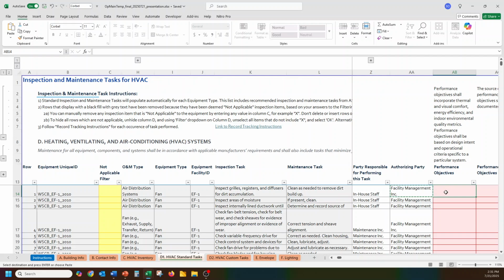If you're struggling to write the performance objective, you should go to the party responsible and ask them, what's going to happen if we neglect this maintenance task? Another way to ask this is, in what ways will thermal and visual comfort, energy efficiency, or indoor environmental quality be affected? And another thing, your facility staff can use their experience operating the building and observations to inform this. So, maybe they have